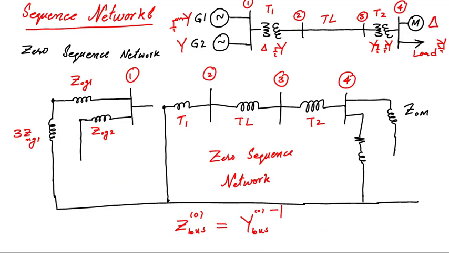So in this way, it means we can develop three impedance matrices as well: positive sequence, negative sequence, and zero sequence for the network. So positive sequence is the same that we had used in our analysis of three-phase fault, and the positive sequence Y bus was the same Y bus that we had used for the load flow analysis. This negative sequence and zero sequence we are going to use for unsymmetrical fault analysis, that we'll see in the next lecture. That is the end of the lecture.